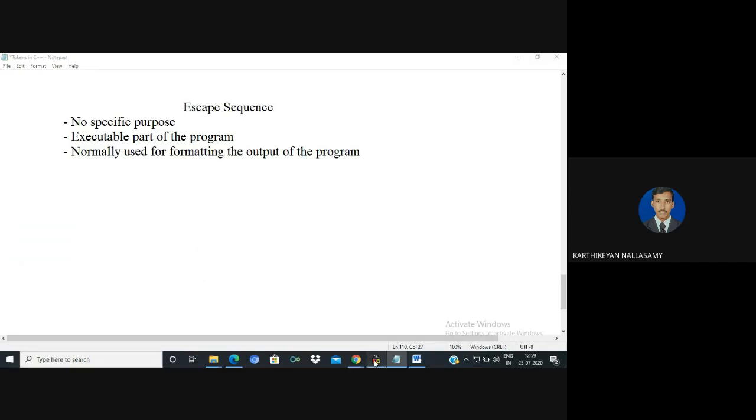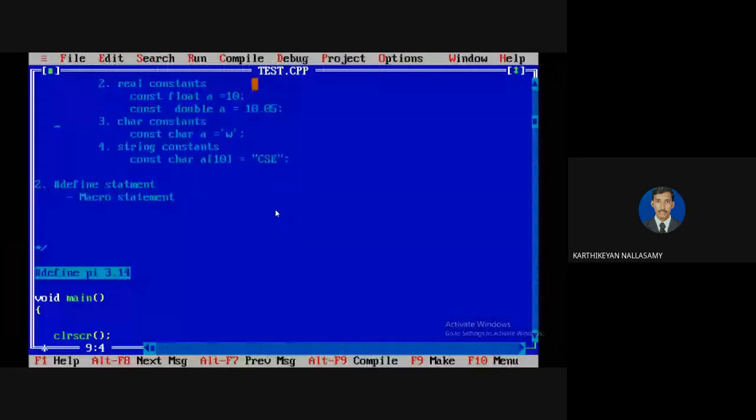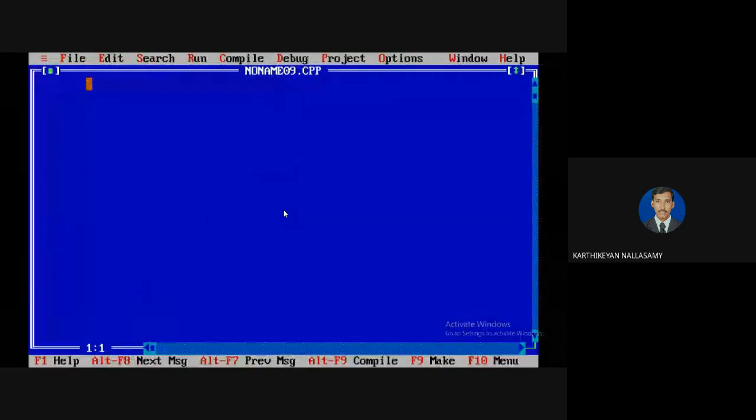Okay, let us discuss with a simple example. I'll go with a new program. So hash include iostream.h. I'm going to define a main function.